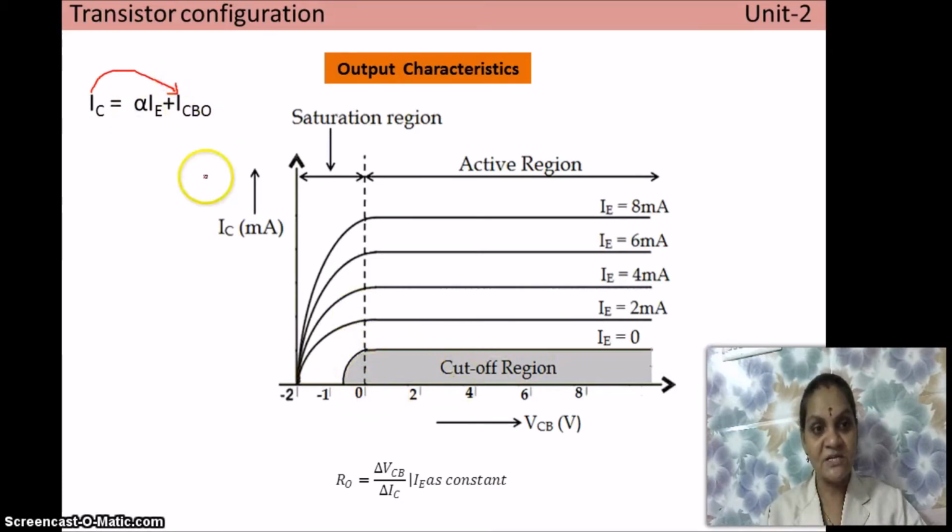So in this area, as long as IE equals 0, the current flowing through the device is nothing but the leakage current. Since this leakage current is always constant, it does not depend upon the changes in the reverse bias voltage. It is independent because it depends only on the minority charge carriers. So minority charge carriers remain constant, so the collector current also remains constant due to leakage current.